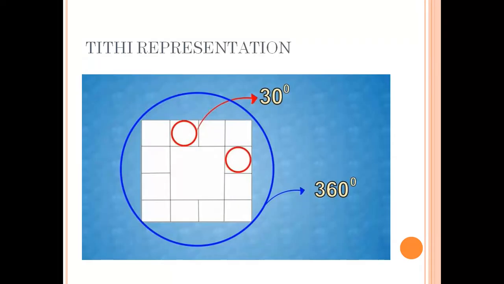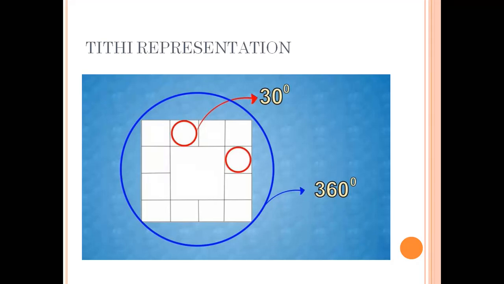If you see the Rashi, the zodiac is 360 degrees and there are 12 signs. So if we divide by 12, each sign is 30 degrees. In a sign there are 30 degrees, so there will be two and a half tithis. Why? Because each tithi is 12 degrees. If you understand this logic, just by seeing the sun's and moon's longitude of a person, you can tell what his profession is. Those are higher level concepts. But as of today, we'll just see how we can apply it to a Muhurta chart.